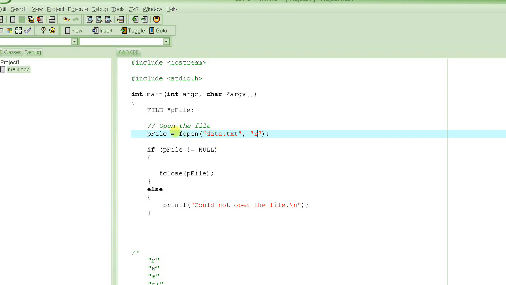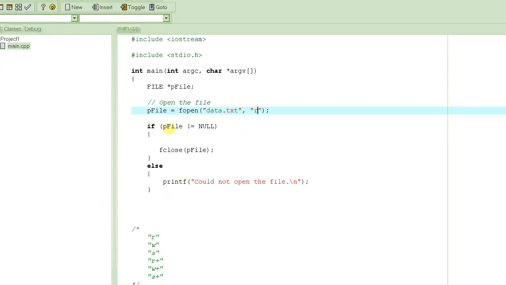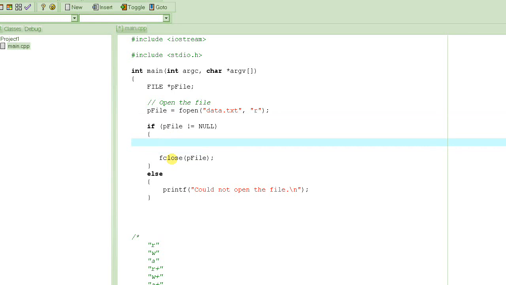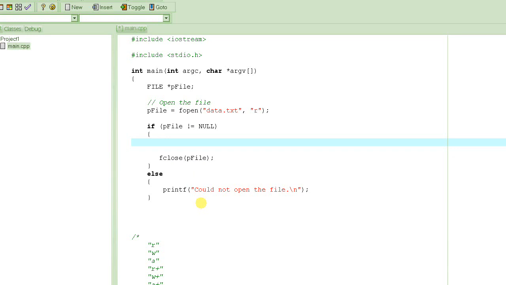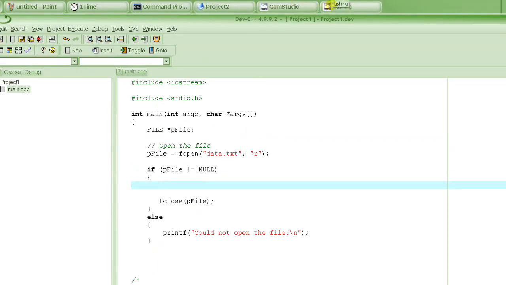This will only return a valid FILE pointer if it could successfully open the file. For example, if the file does not exist, it will return NULL, and this comparison is going to fail, and then it's going to print this message out. So we will come here only if it was successfully able to open the file, and then we will do whatever we have to do here, and then we will eventually close the file. So let's see what we are going to do here. Before we start,